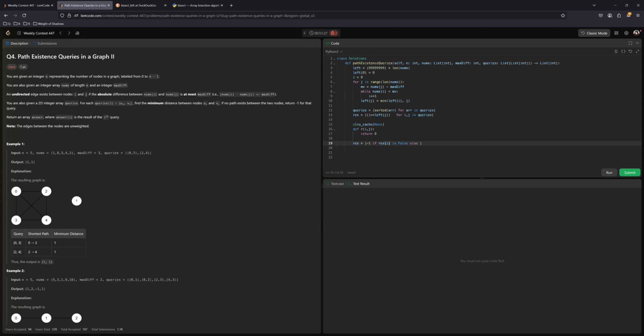If res of i is false, oh, for hell's sake. Return value equals that for